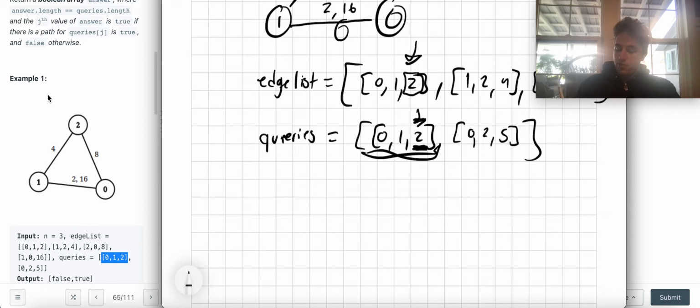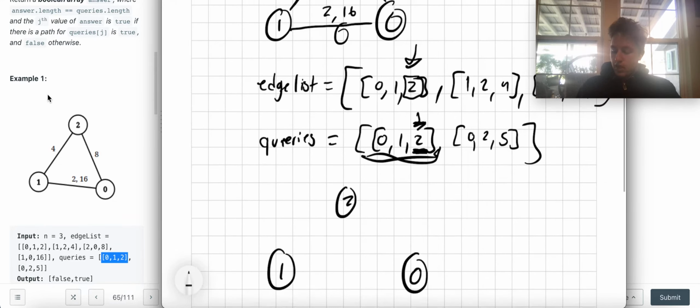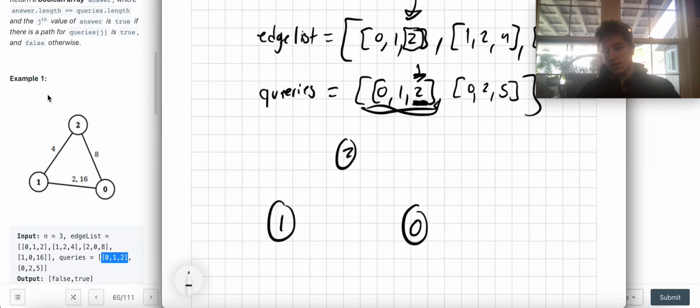So what we can do is create this system of the nodes, and we add in edges as we process the query. So we look at this next thing and say, okay, now that this is 5, let's add edges such that the edges are less than 5. And since this system is sorted,